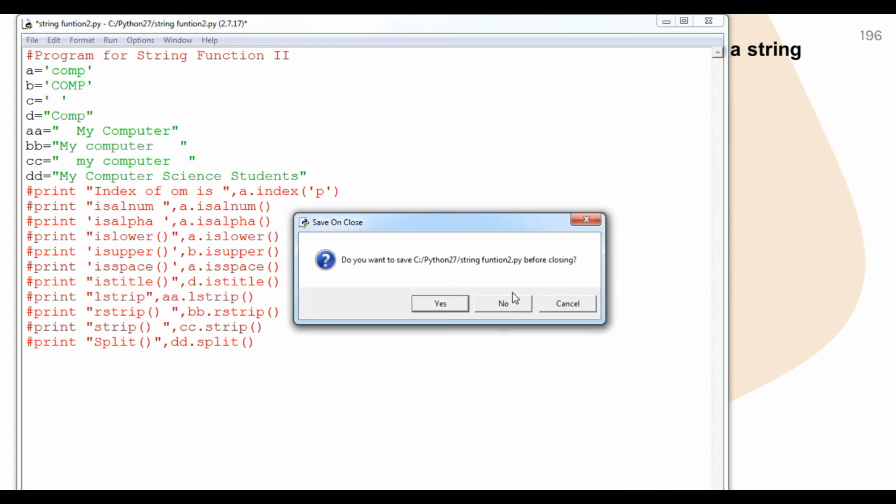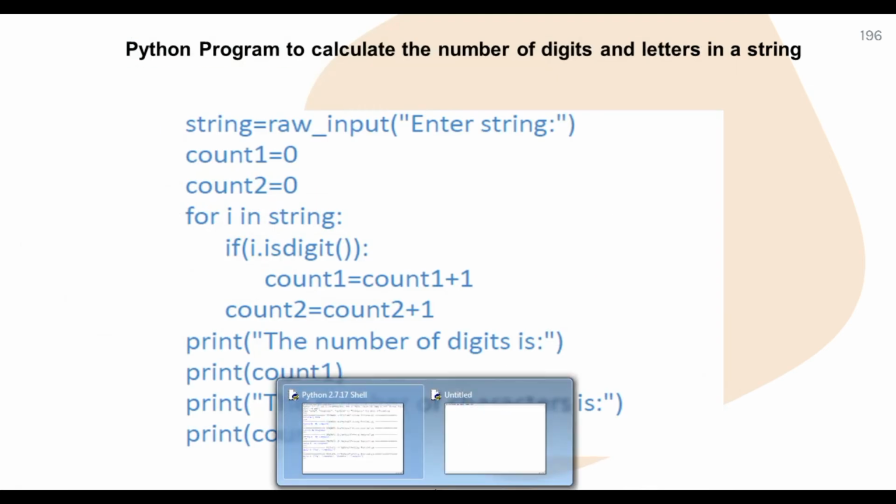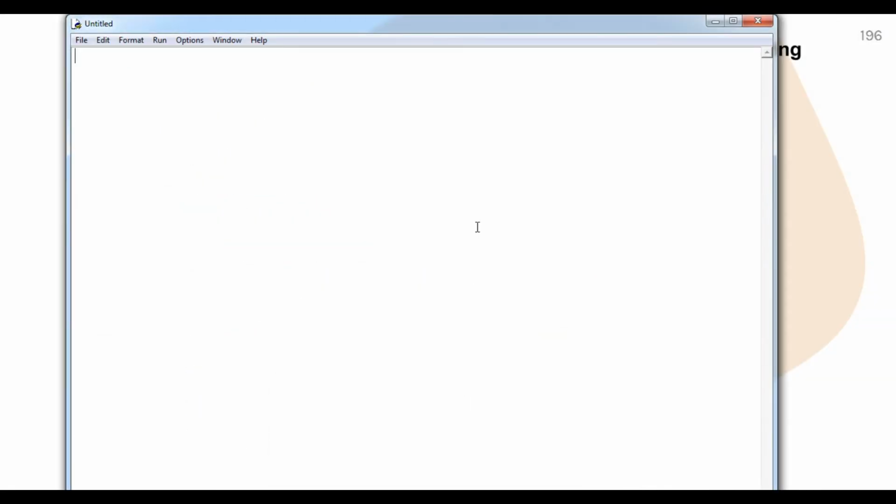To do that, student, I have to open a new script file for Python. I am going to create a program for count 1 and count 2 in a string. We are going to ask the user to enter a string, in whatever form they require.